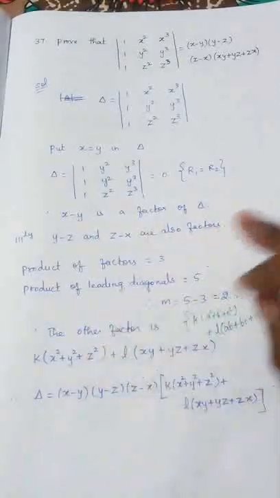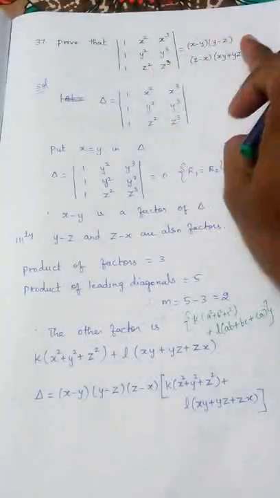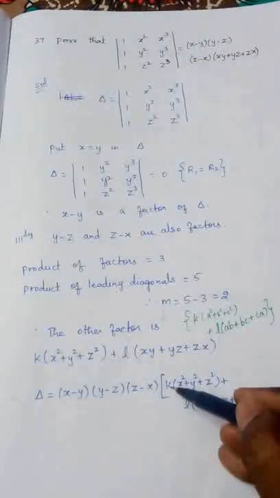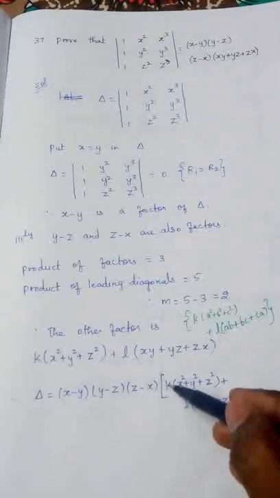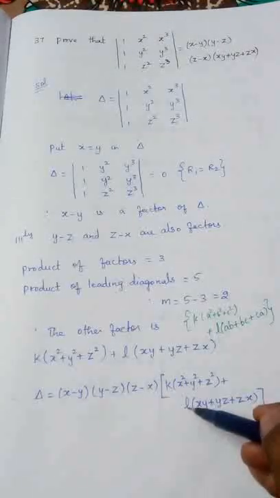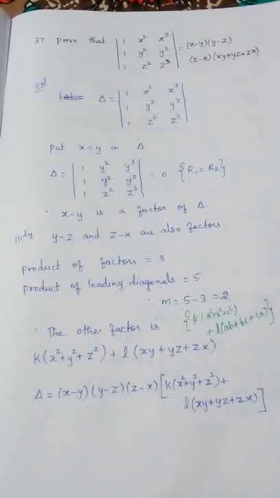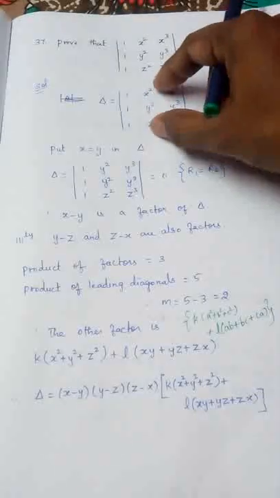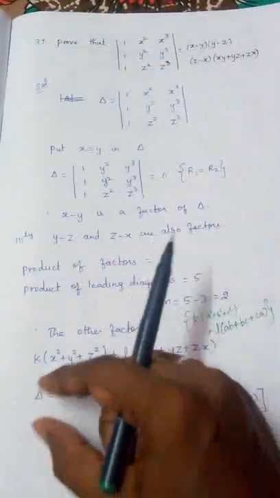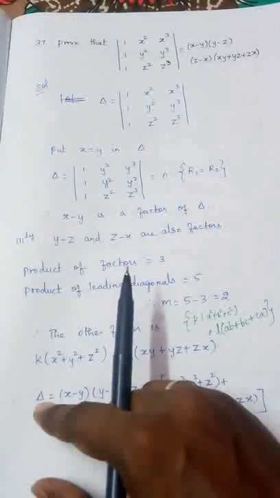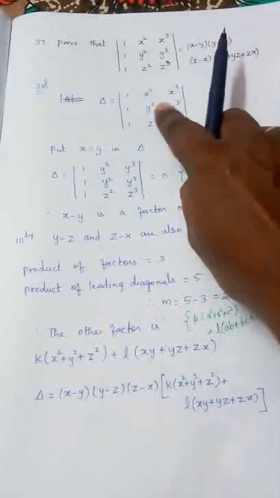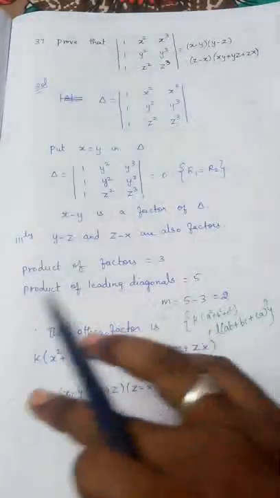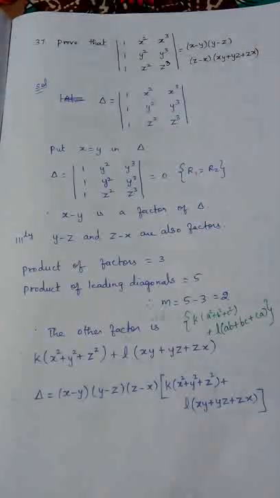What we actually want to prove is that delta is equal to these four. So for that, I need to find what is the value of k and what is the value of l. K value and L value we need to find. So what we have to do is, first I am going to substitute in place of this delta. This is the question, right? Delta is this. So I am going to take this and replace in place of delta in the next step. And the right hand side, as it is you write, just substitute for delta this value.